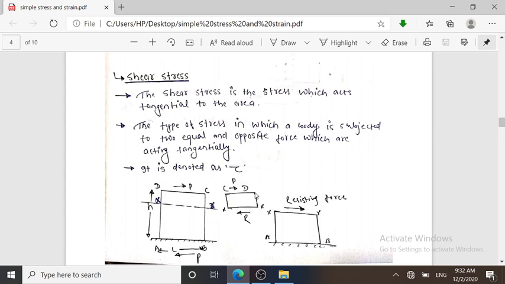So now the term shear stress. Most of the students do not have a good concept about shear stress, or they may not think about its practical level. So don't worry my dear friends, I will tell you in a simple manner what shear stress is. See, shear stress is also a type of stress in which a force acts tangentially to the cross-section area of the body.